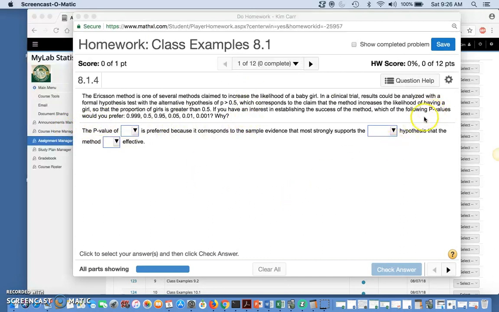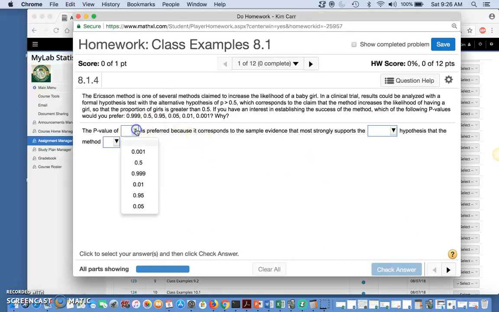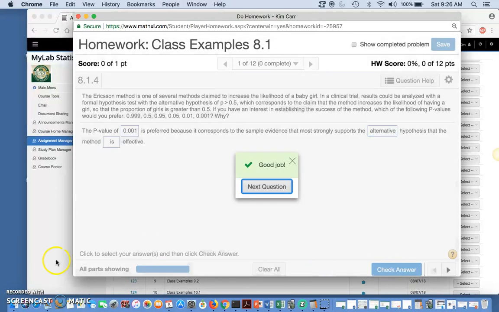Now, keep in mind that this is the p-value that you want to be less than or equal to alpha. So the smaller it is, the better it is. So which of these is the smallest number? 0.001 is preferred because it corresponds to the sample evidence that most strongly supports the alternative hypothesis that the method is effective. Okay,